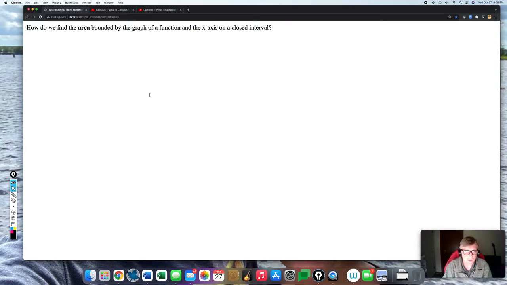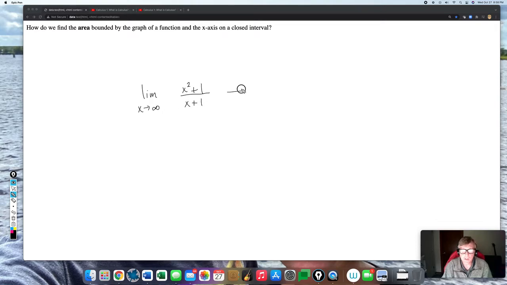Let's say that we wanted to evaluate the limit of an expression. The limit as x approaches infinity of, I don't know, (x squared plus 1) over (x plus 1). Now, if you do direct substitution, this does not equal infinity over infinity, but the top gets infinitely large and the bottom gets infinitely large. And remember, you certainly can't make it equal infinity. The limit approaches infinity, but